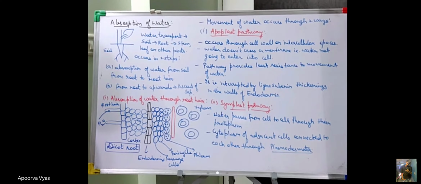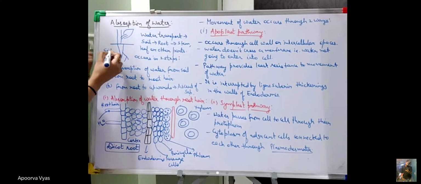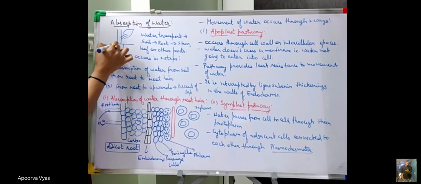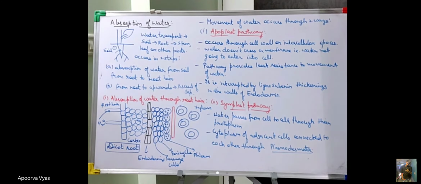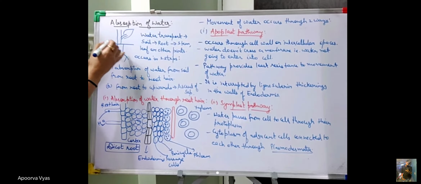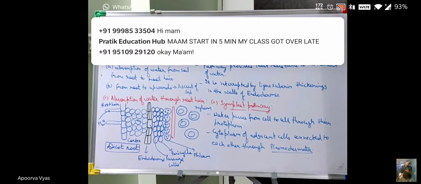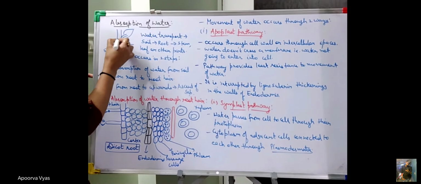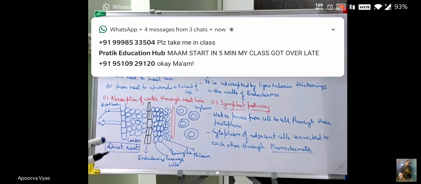Obviously, water conduction takes place through the xylem. Firstly, the water present in the soil is absorbed by the root hair. This is one step: the taking up or absorption of water through the root hairs by the root from the soil. This is the first step. Now the second step: when this water enters the root, what is going to happen? This water has to actually go up.